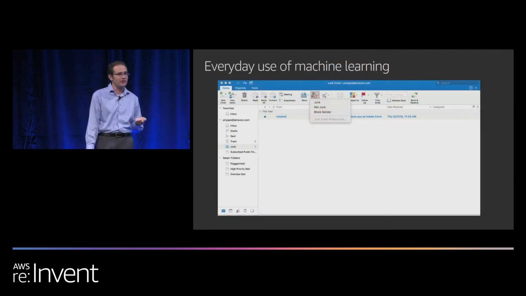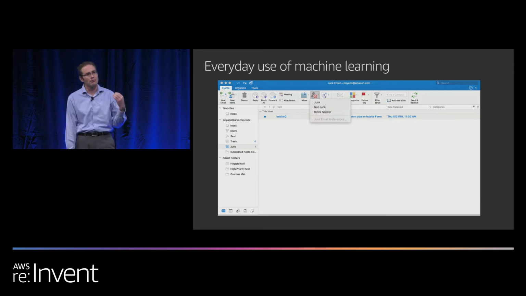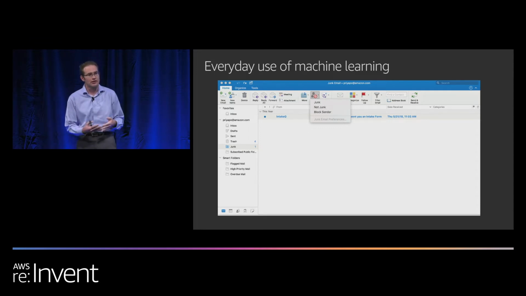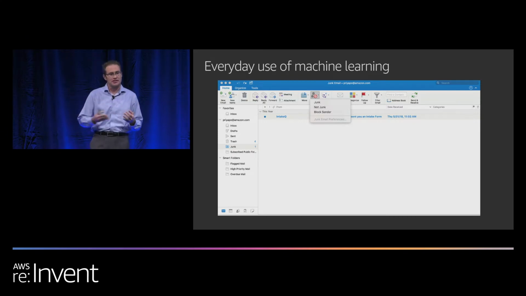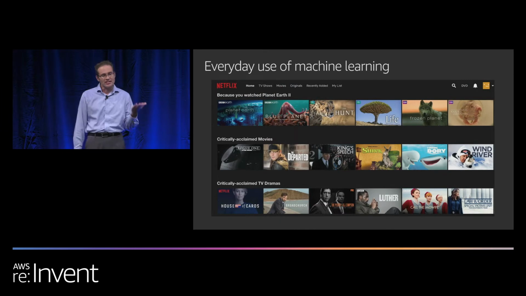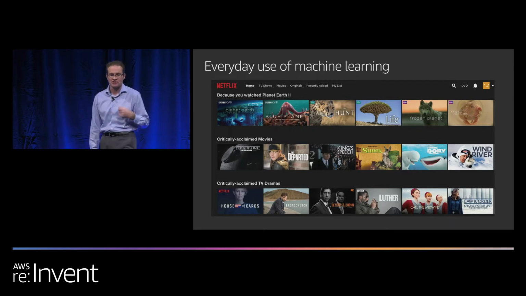So everyday uses of machine learning. We all have junk mail filters, and it's one of the cases where you want to be really accurate to figure out what is junk mail. The last thing you want to do is put a good message into a bin where no one's going to look at it. Also topic modeling and recommendations. So if you go to a streaming site and you watch something, it'll recommend other similar topics or similar programs for you.